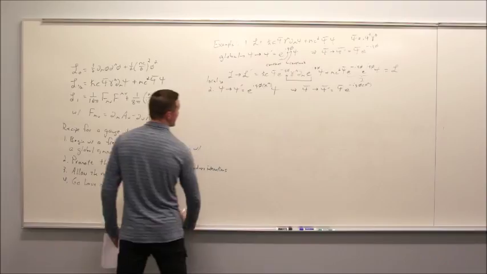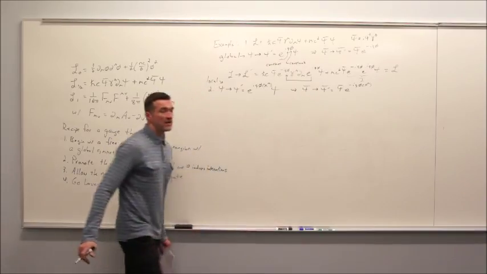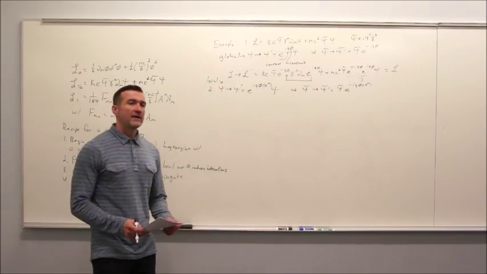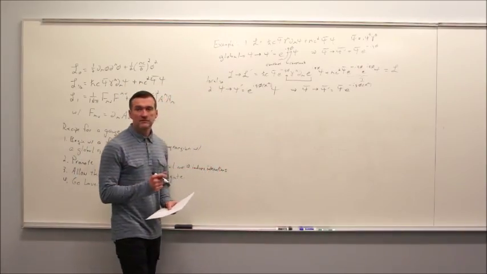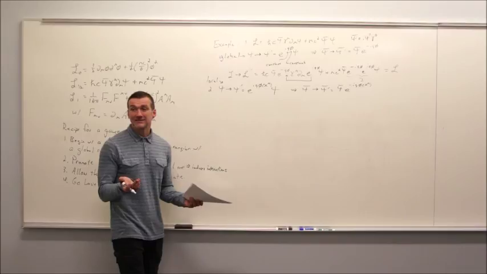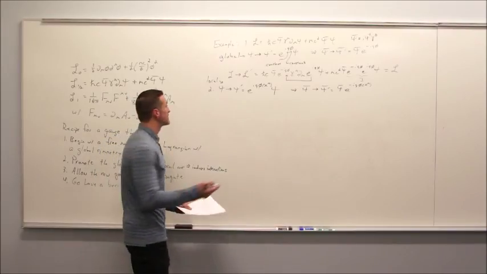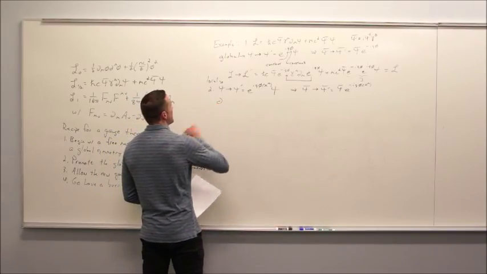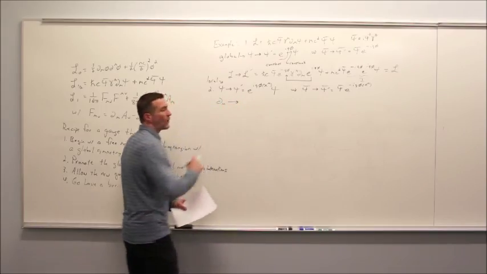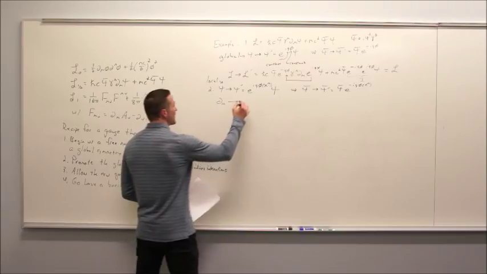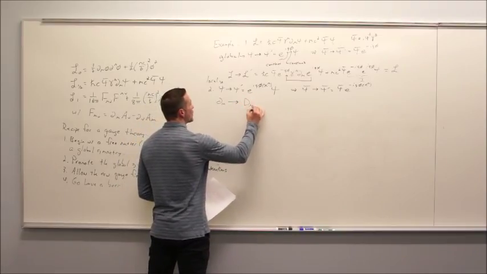It's still going to act the same way on the dual spinor. But the modification that we're going to make is we're going to change the derivative. After all, we love physics. Let's beat up on calculus. So to try to fix this, we're going to take the ordinary derivative and replace it with a newer, gooder derivative